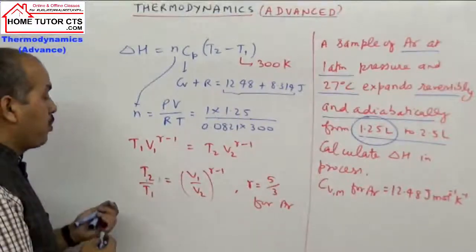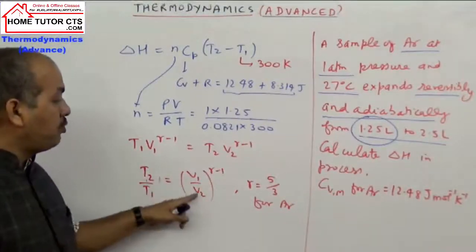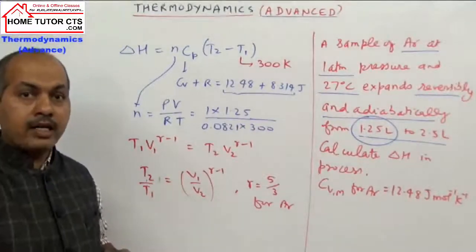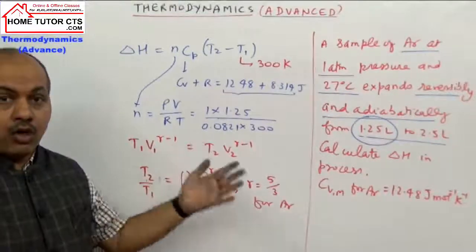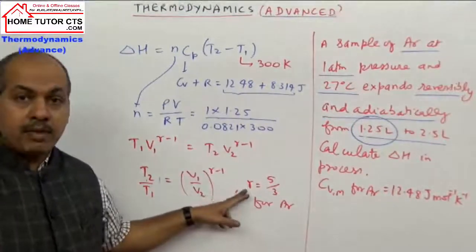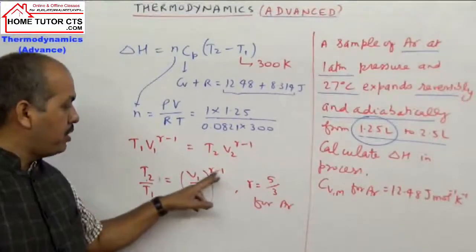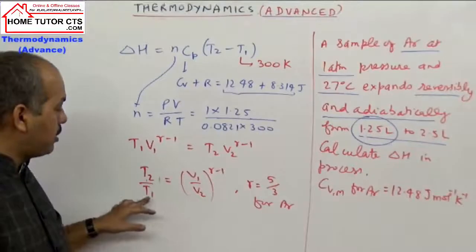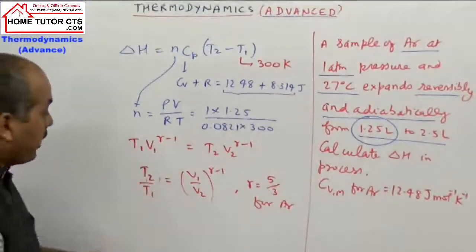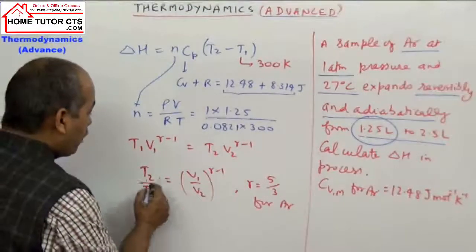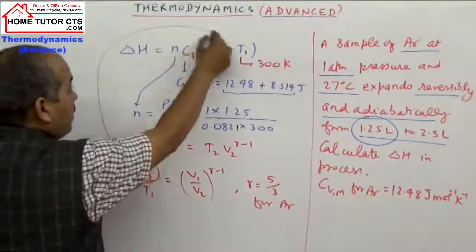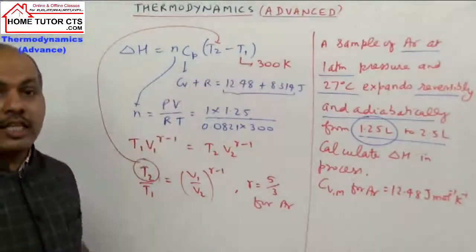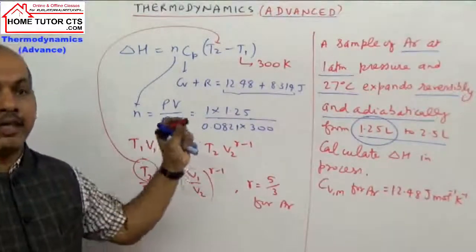तो in the question we just know T1, V1, V2 and gamma. Gamma आपको दिया नहीं क्वेश्चन में, बट आपको पता होना चाहिए. What is argon? Monoatomic gas. And for the monoatomic gas, value of gamma 5/3. वॉल्यूम V1 V2 पता है आपको 1.25, 2.5 लीटर्स, T1 दिया है, क्या निकालना है T2. यहां से हम निकालेंगे T2 का वैल्यू. Once T2 is known to us, this T2 we will put from here in the given first expression. After putting T2 value here, then delta H can be determined.